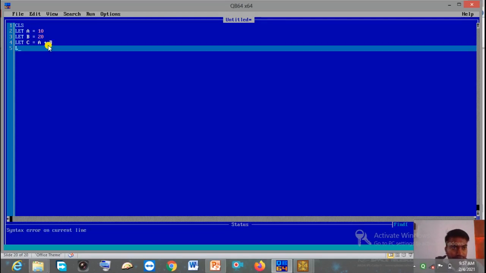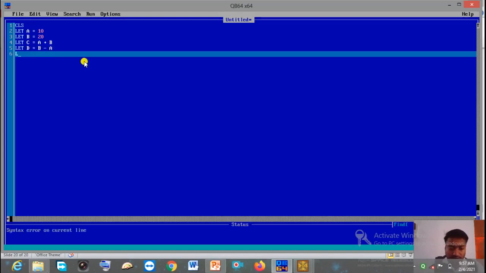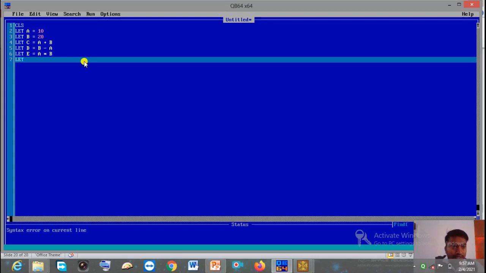Then let d equal to b minus a. Now let e equal to a asterisk b, the asterisk sign for multiplication. Now let f equal to b by a.